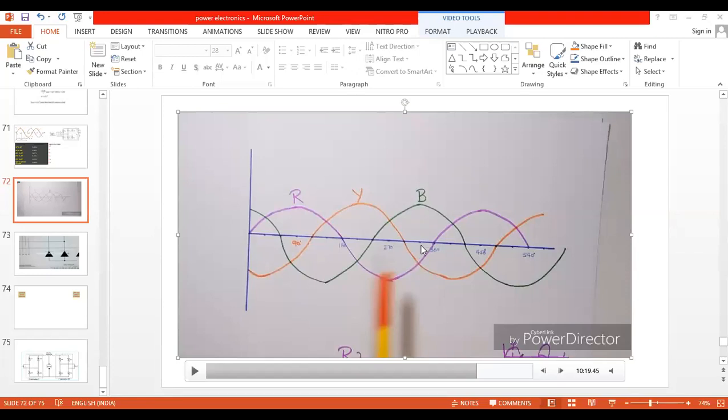And next, after 360, we can take this one as 390 also, but as 450 is mentioned, you can put 390 here. So this is important in order to understand the class. 30, next is 60, next followed by 150, 210, and next 330.